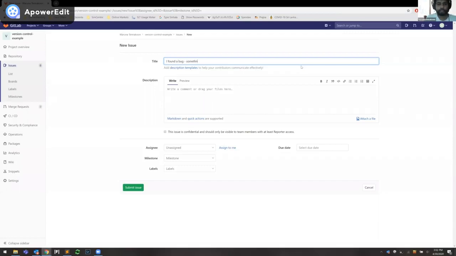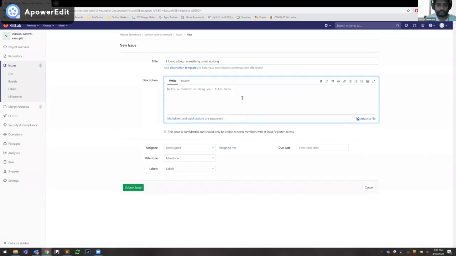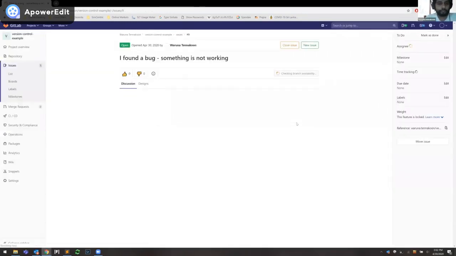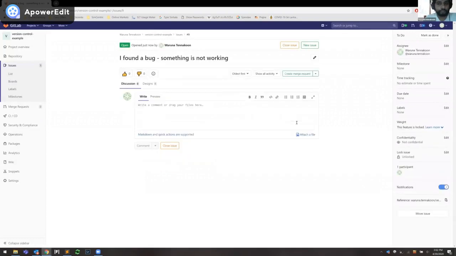So you can add a description, you can do all this fancy stuff, and you can maybe assign it to someone in your team as well and set a due date and all this fun stuff. You can actually try it out in your actual project. So let me submit this issue.